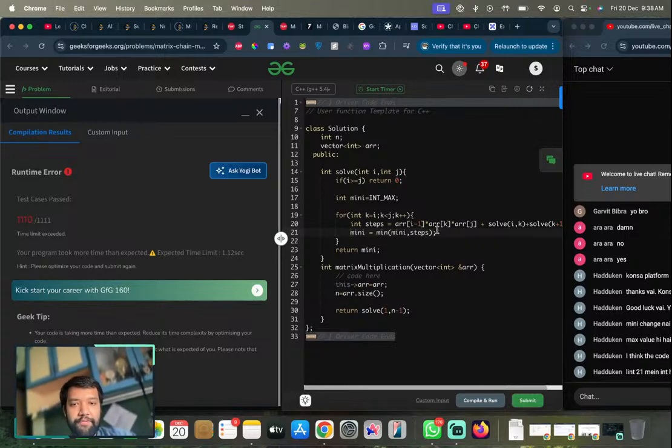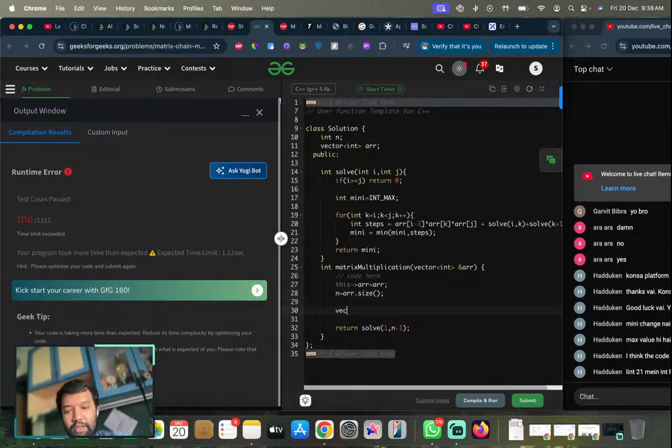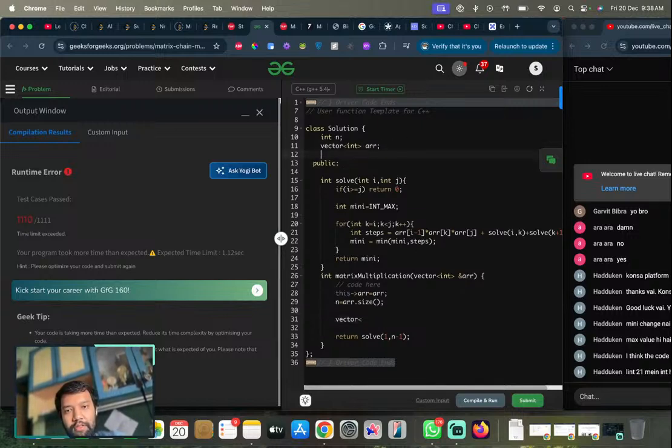Let's memorize. Vector, mm, vector, vector, memo. Let's memorize. Memo is equals to vector int of size n comma